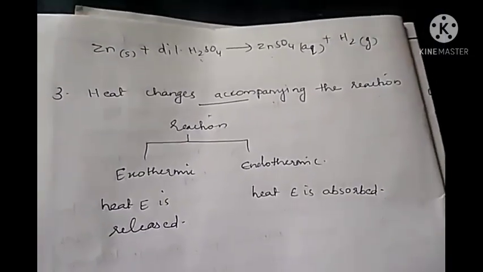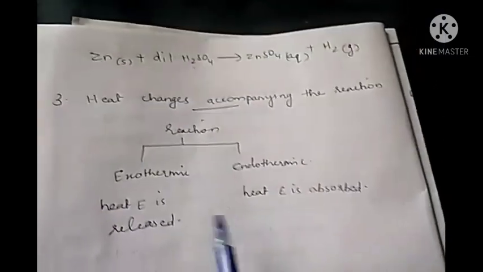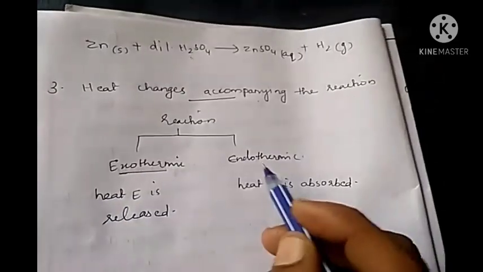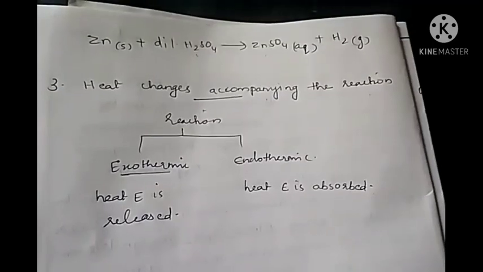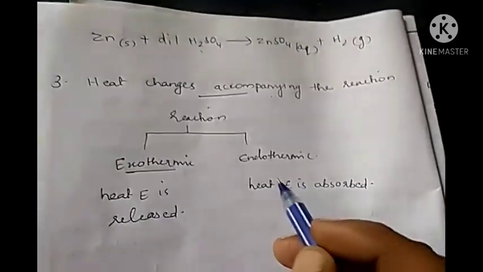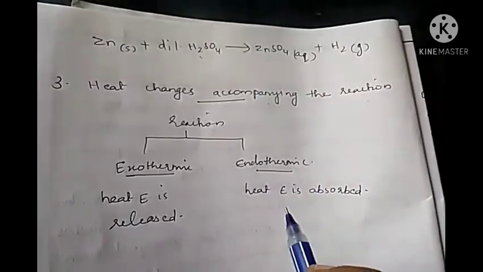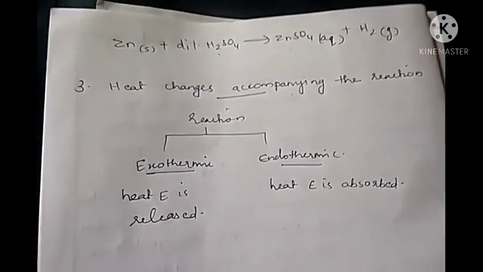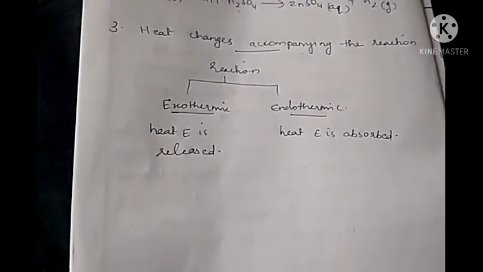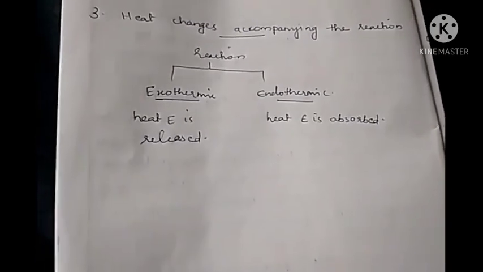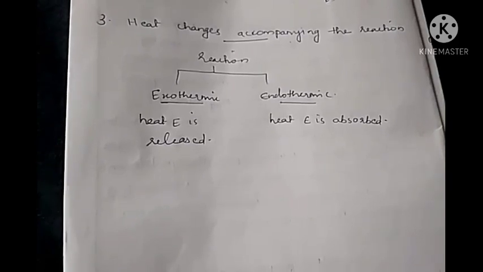Okay. So during some chemical reaction, heat energy is produced. Such chemical reaction can be called as exothermic reaction. And during some chemical reactions, heat energy is absorbed or accepted. Such a chemical reaction can be called as endothermic reaction. If it is exothermic reaction, that means if heat energy is produced, we can represent that in the product side. Heat can be represented in the product side like this.